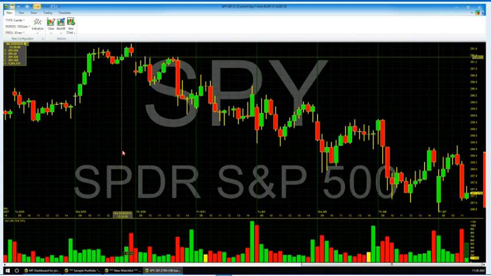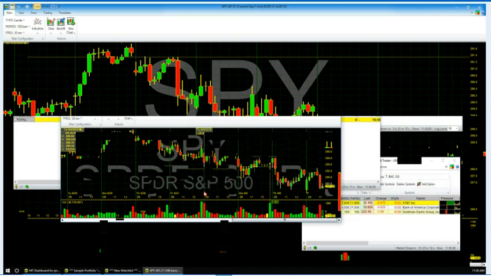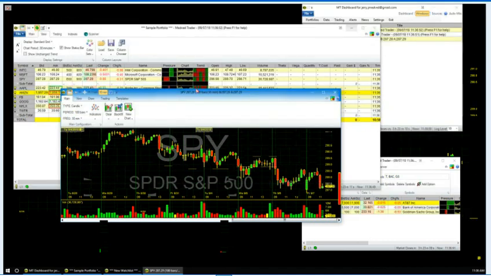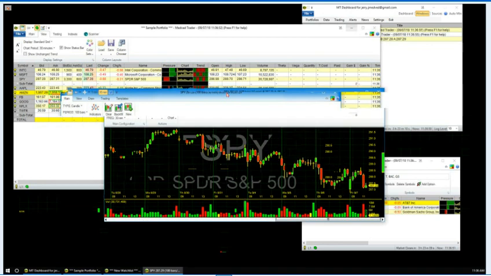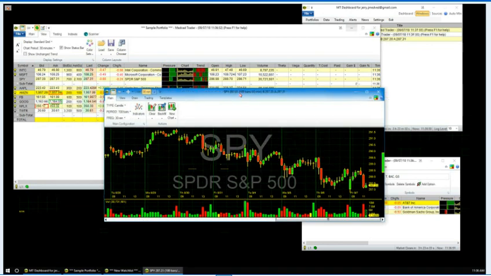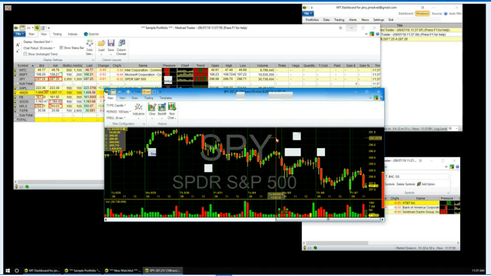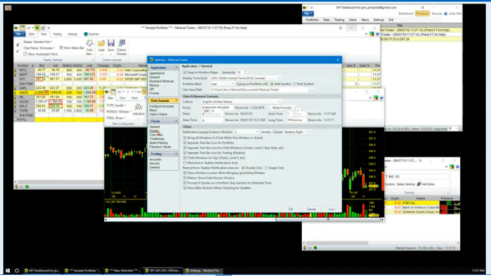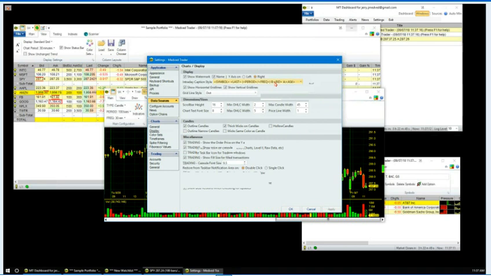Let's see, the other question: can I see price change for the day on the charts? Sure. We have a few different options for what is shown in the caption of each chart window. So right now I'm showing symbol, the last value, bid and ask. This is a global setting, and this is only for intraday charts. In settings, under chart display, I can change the intraday caption to be,